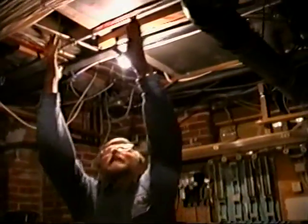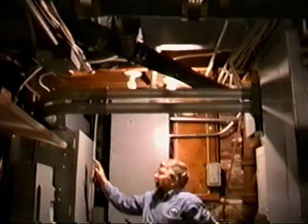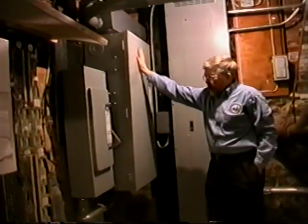This is the furnace and boiler area of the town hall. Why don't we take a look at the electrical right now? The electrical is one of the major issues that we want to address in phase one. As you can see, we have extensive wires running. Right up here is an example of a lot of wires running along that are not compliant with current codes for electrical. The building as a whole has a large number of wires running for all kinds of purposes, some of which are no longer used and some of which are used. Certainly we need to do something to help correct this situation. We have adequate power coming into the building. We have three-phase. We have large panels coming in. We also